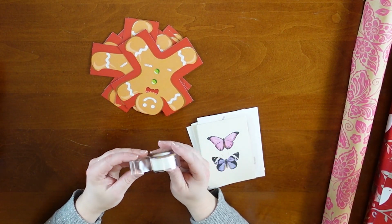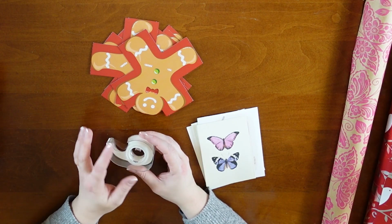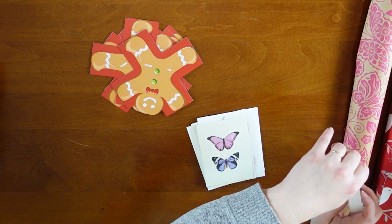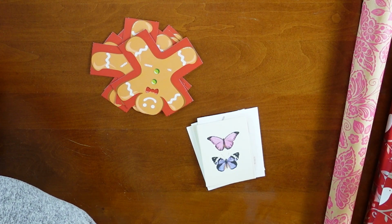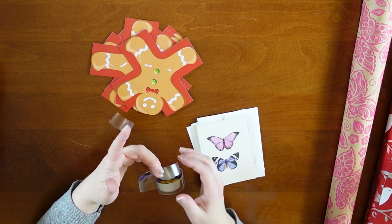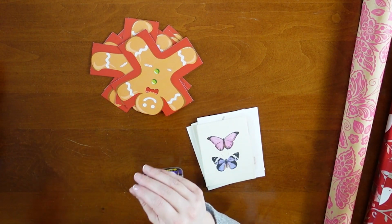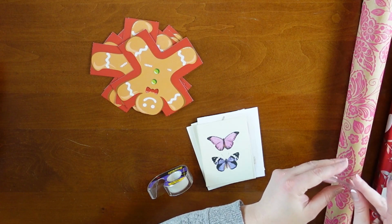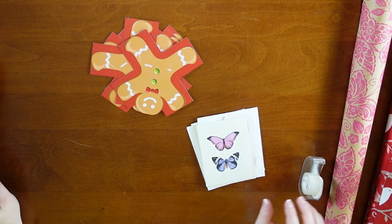Of course, I have some Scotch tape, and I have an extra roll just in case, because there is not a lot left here. And I always pull small strips of about 1 to 2 inches each in order to preserve the tape. And some ribbons,